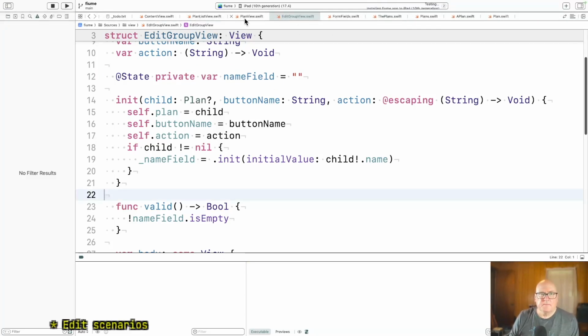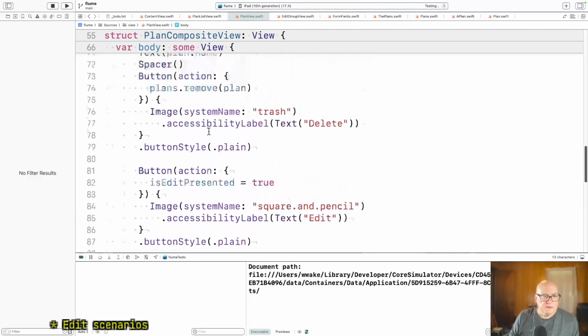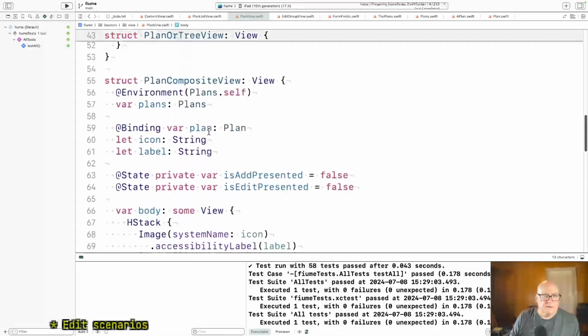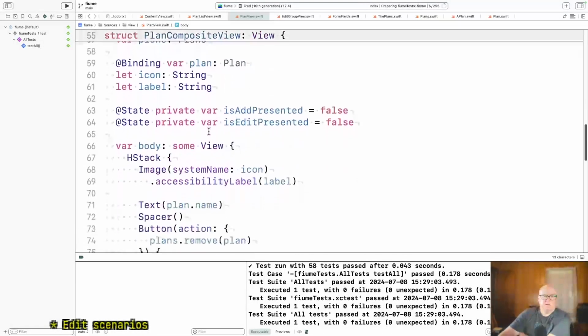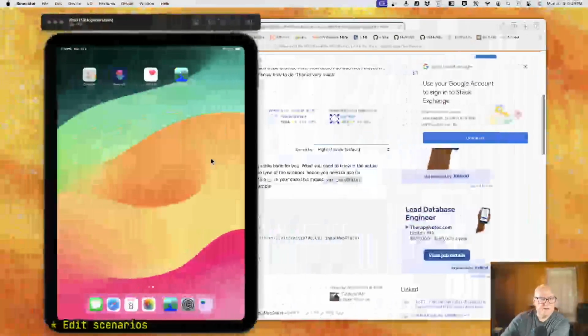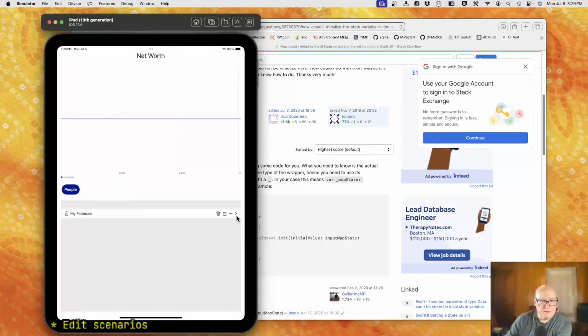Okay. Right, so the plan view. Okay, this is only plan composite view. That's the difference. So if I run this, doesn't matter if it's the next older one,